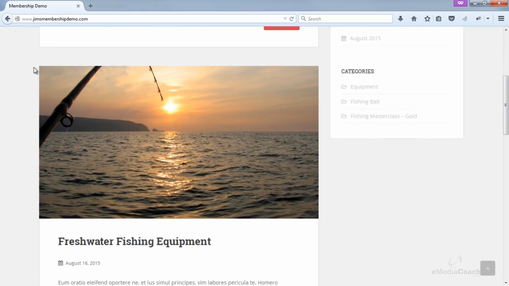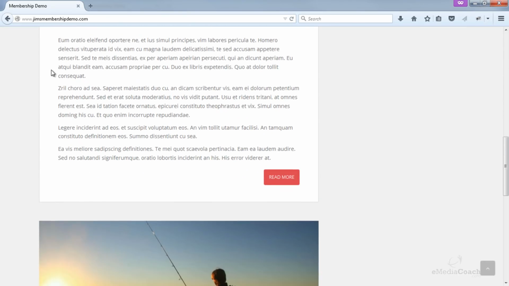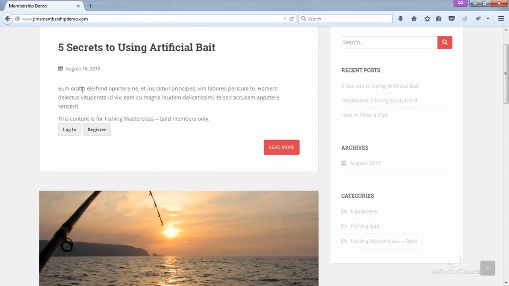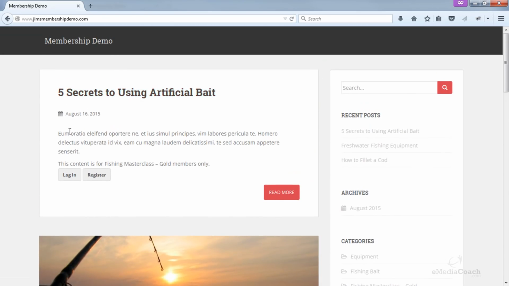They would be able to see any posts that are not locked down to a particular membership level. However, anything that is, they would see two options: the ability to log in for people who are already members and the ability to register. So if I click the register button,